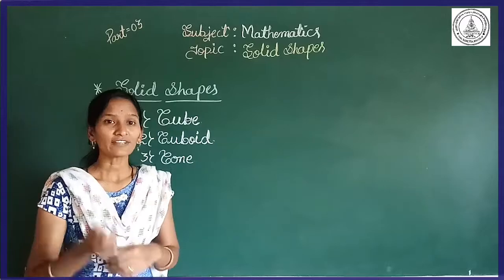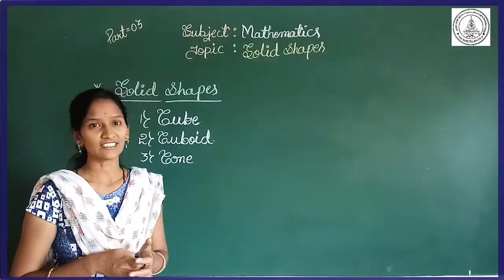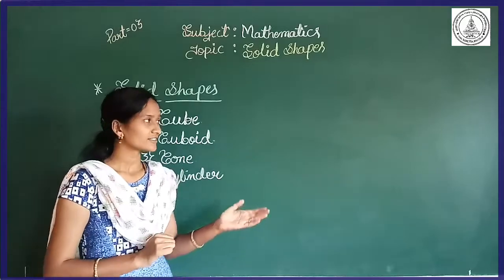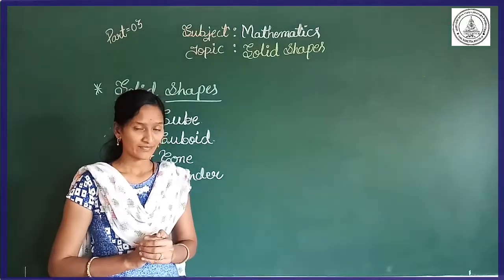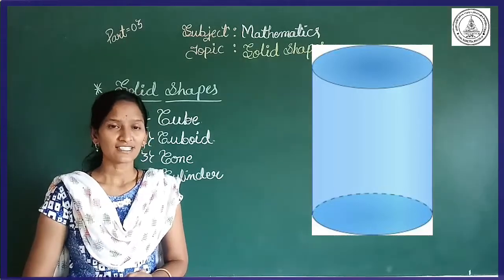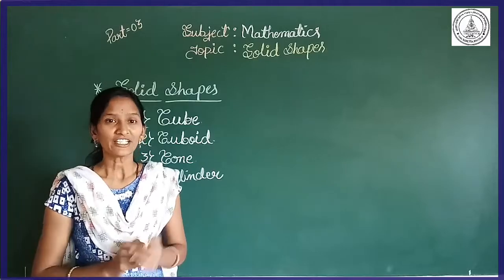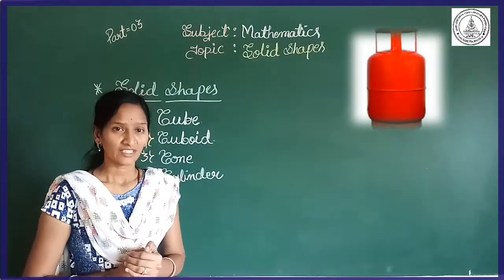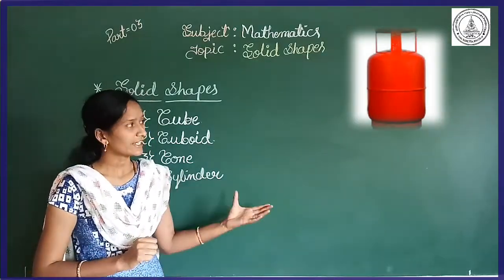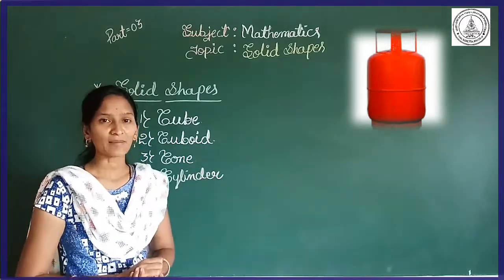Okay. So now I will move to the next solid shape, that is cylinder. Students, look here. This is a cylinder shape. Yes. Give me some example. The first example is LPG. Have you seen in your kitchen room? Yes. So this is an LPG. It is in the shape of cylinder. The next example is